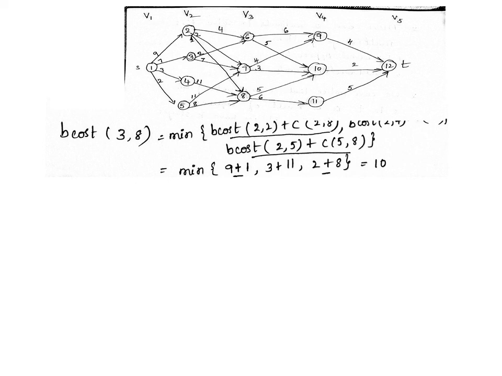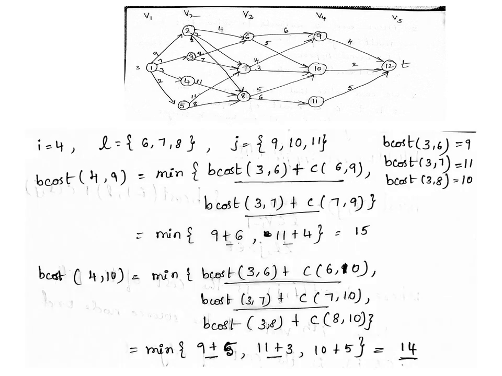First we'll discuss what is a multi-stage graph. A multi-stage graph G equal to (V, E) is a directed graph in which the vertices are partitioned into k greater than or equal to 2 disjoint sets Vi, where i is greater than or equal to 1 and less than or equal to k. In addition, if (u, v) is an edge in E, then u belongs to Vi and v belongs to Vi plus 1 for some i. That is what a multi-stage graph means.